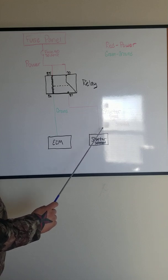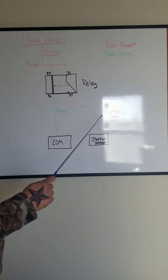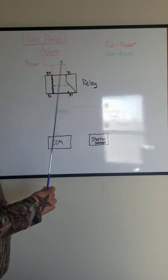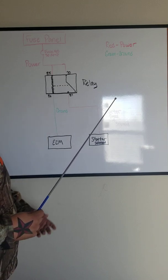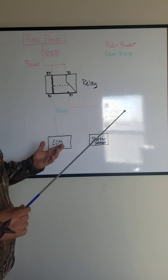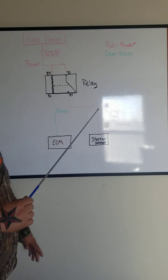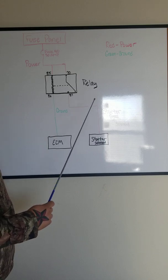This circuit right here I just made, it's a simple ground controlled relay starter circuit, for a lot of different applications. They're for trucks, 18 wheelers, whatever. I've seen them like this on multiple trucks. So